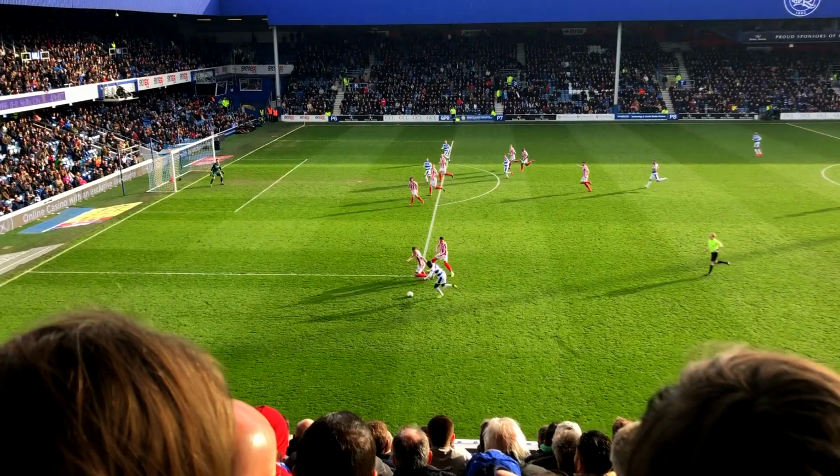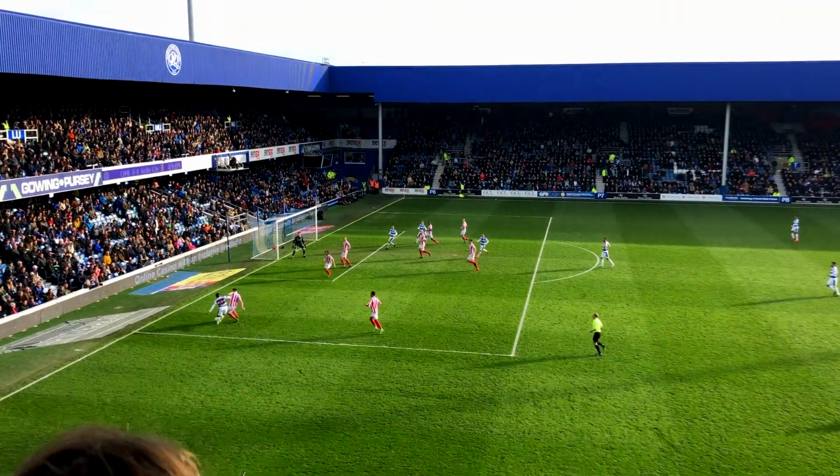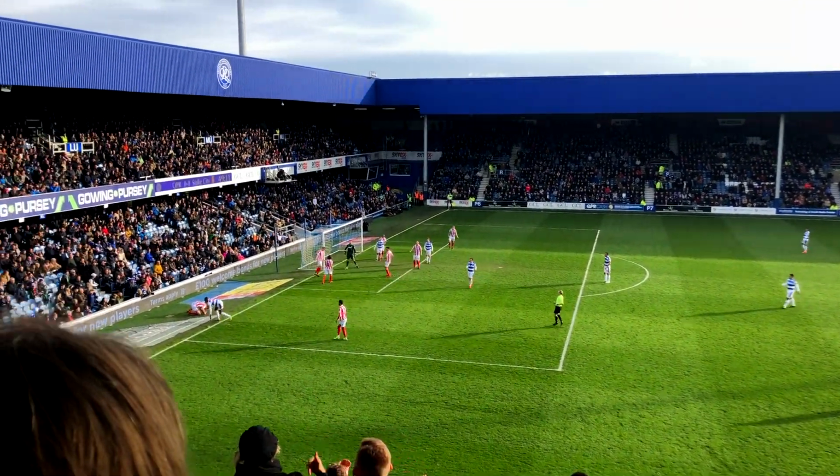When I was here, we went to a Queen's Park Rangers game, which is about a 20-minute tube ride outside of London. It's a smaller team, but it still provided a great atmosphere and a good look into the football culture in London. So we saw the game, then we headed on back to the city in the late afternoon,